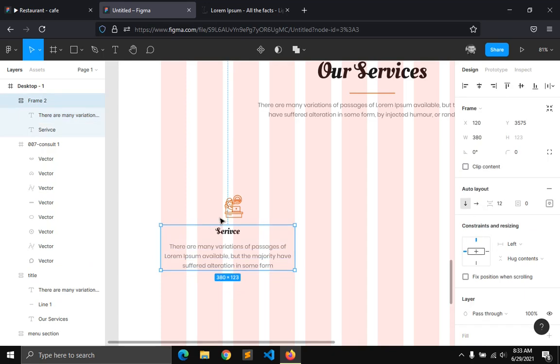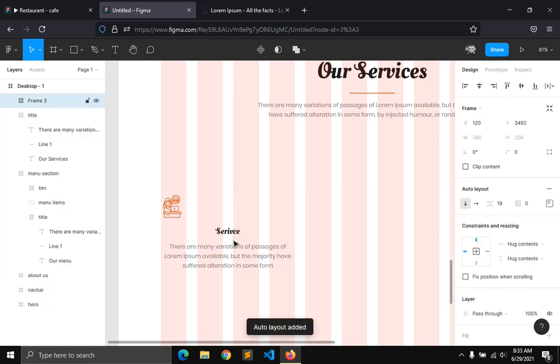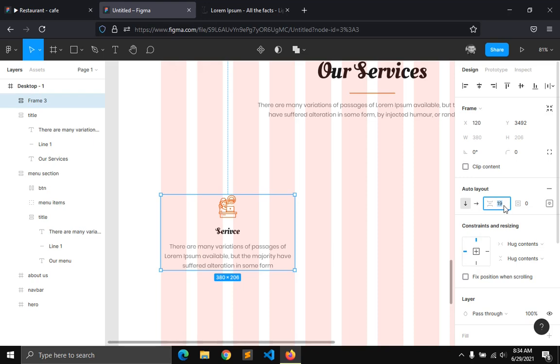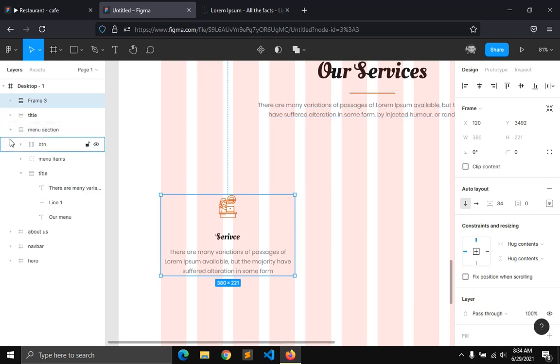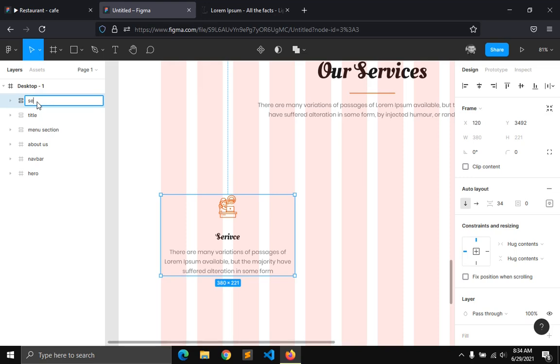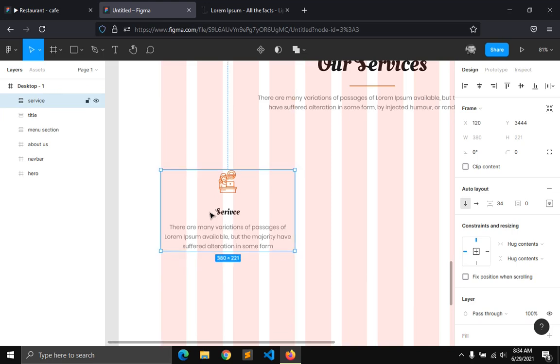Okay. I'm going to select the icon and the text, auto layout. It's going to be center, content is going to be center, and the space is going to be 34. I'm going to rename this to service. Okay, that's it for the service box. So I'm going to duplicate